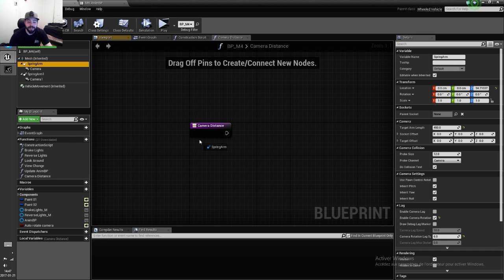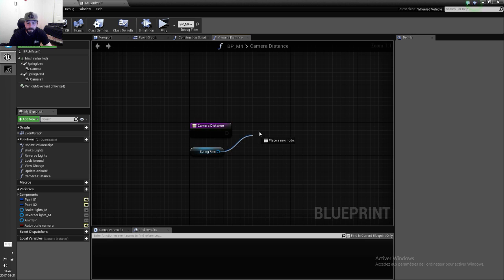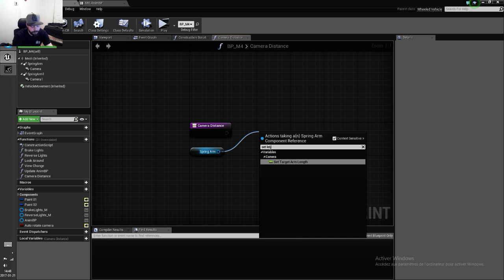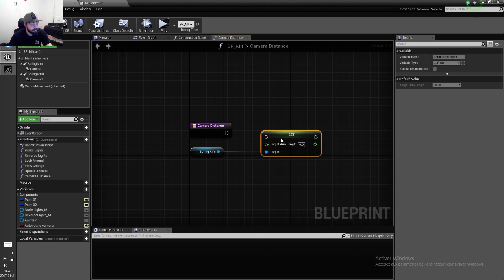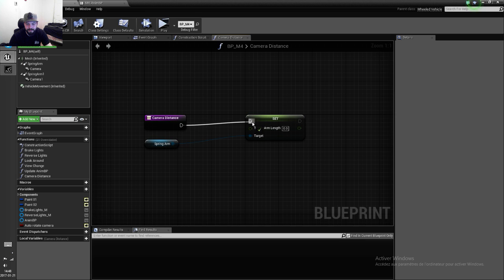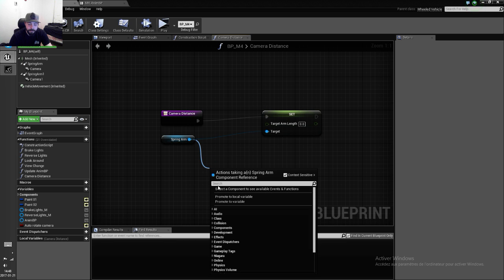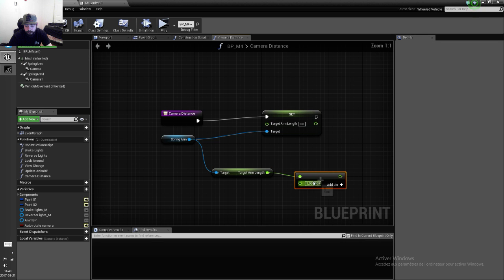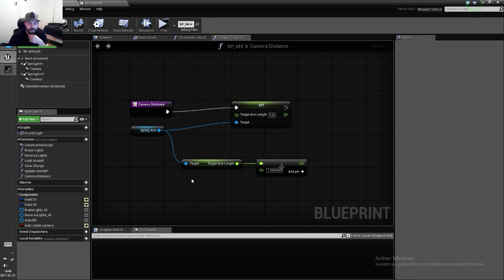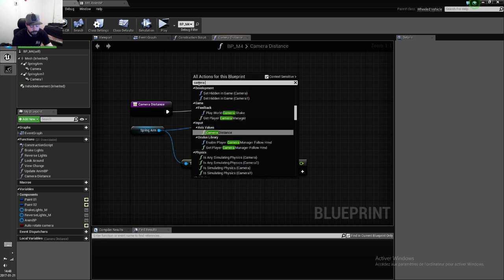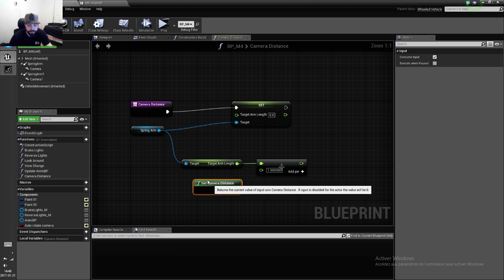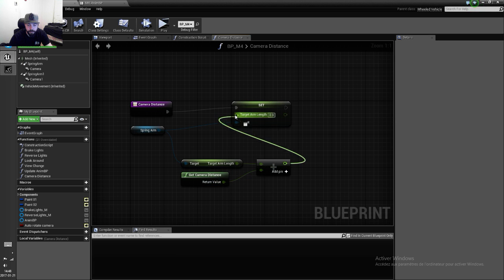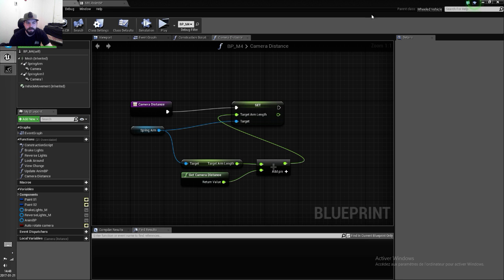So camera distance, we want to get the third person spring arm. And set length. So we want the length to be get length plus, and that'll be camera distance axis value. Plug that in there, and that should allow us to